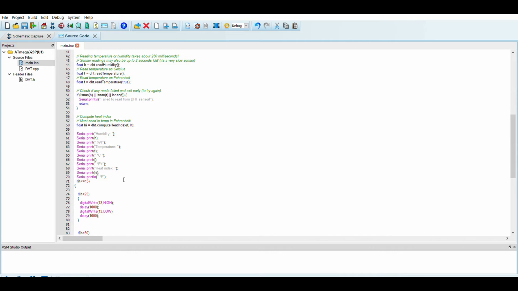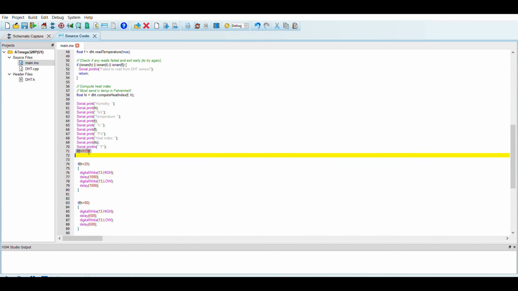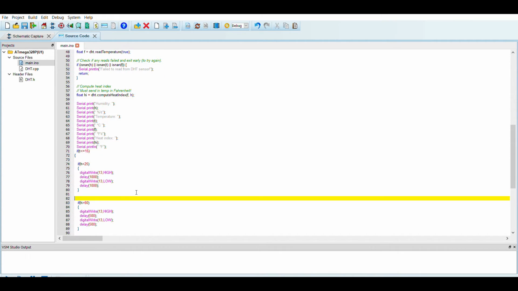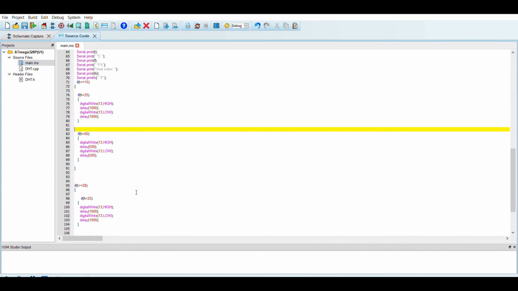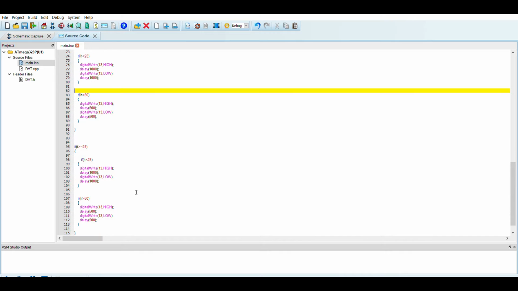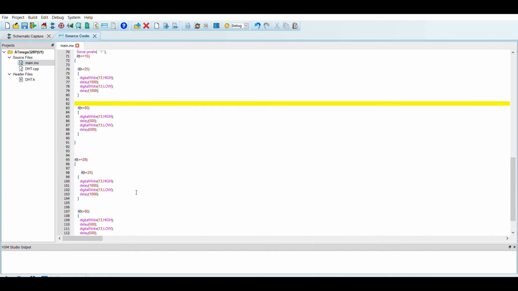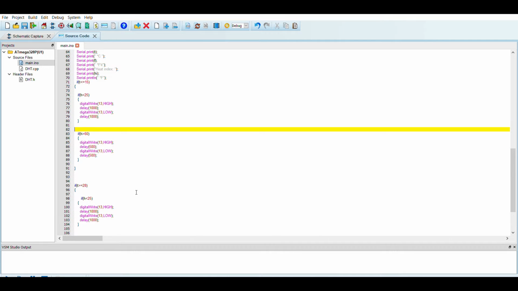And I've also added a piece of code in the loop function according to the question, for which I have added different combinations of T and H and what the output will be for them, like when T is less than 15 and T is greater than 28, and all the different combinations.